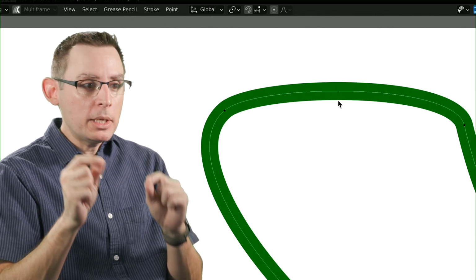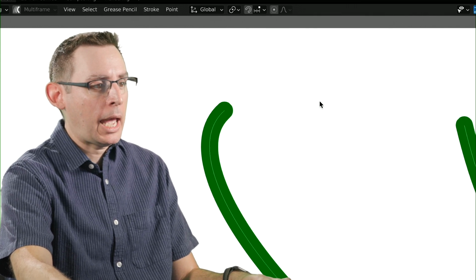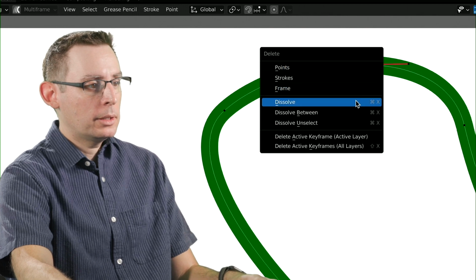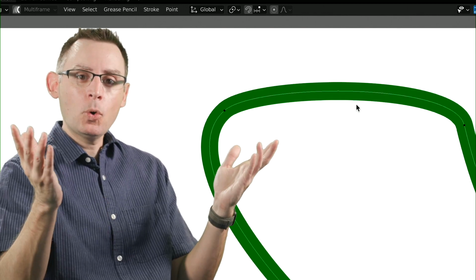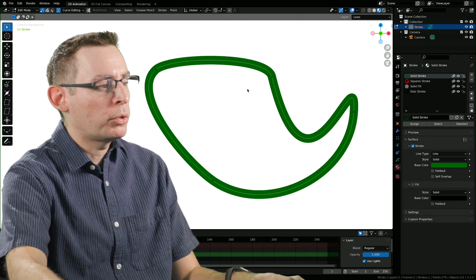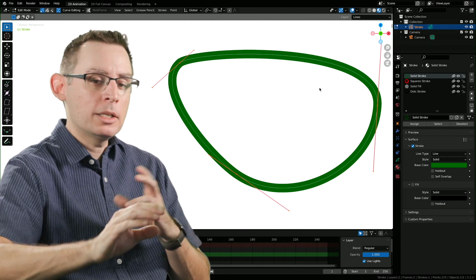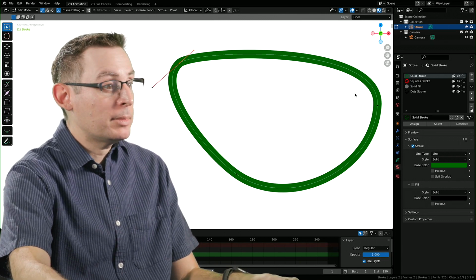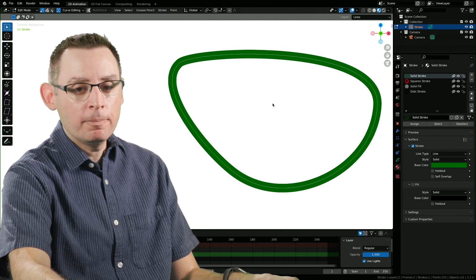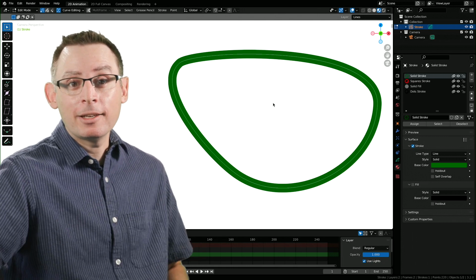Cool, huh? So there is a big difference between deleting a point like that, okay, and dissolving a point like this. Cool, huh? I like that. So it's a great little trick when editing and working with our curves. We're going to need from time to time to dissolve points to get a different shape. We're going to need from time to time to add points. And we do that by subdividing, and then we can add one in. So these are some great helpful tricks and things to be mindful of when editing our strokes in Blender.